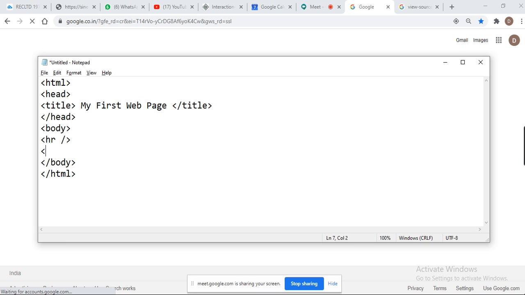Now we need to write some text over there. We can say heading 1, h1. We represent the heading with h1, and this is supposed to be closed. This is a container tag. H1 represents the heading. Whenever we write a document in Microsoft Word or whatever document, we use headings somewhere in the text.